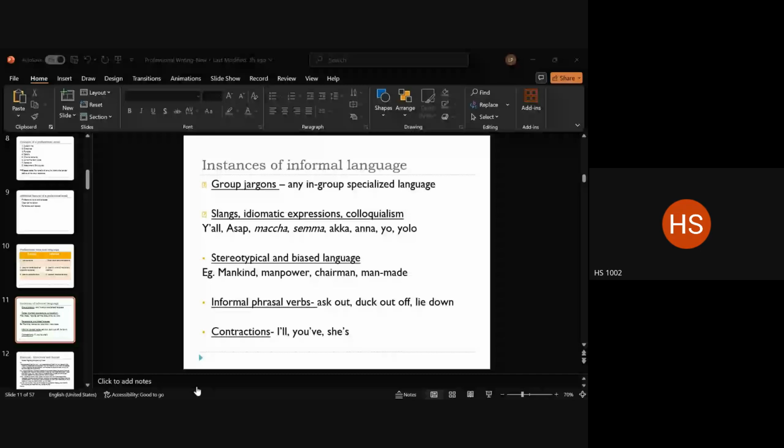Sorry, I did not hear you well. I'll type it in the chat box. Okay. But anybody else? Any examples? Idiomatic expression basically means something that is non-literal, right? Hit the sack. So what does hit the sack mean, Praveen? Oh, you mean it's an idiomatic? No, not like that. Okay.